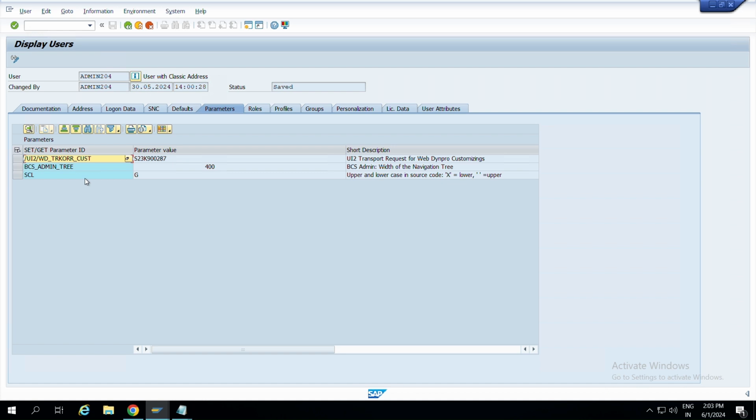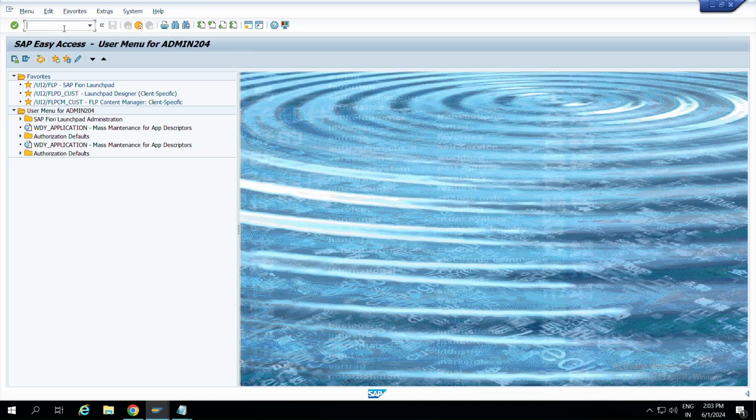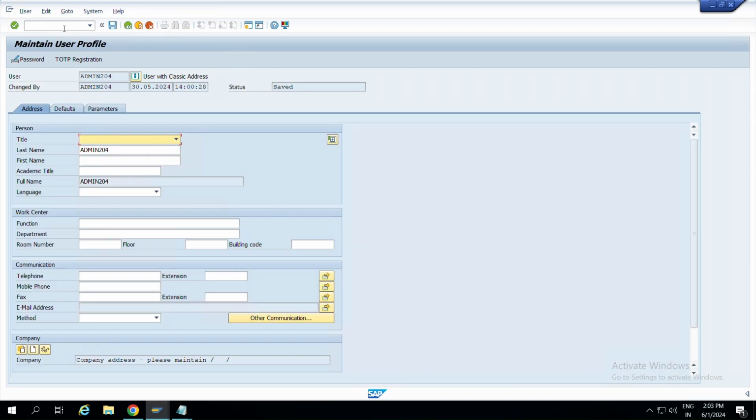In a similar way, whenever users are posting anything, or whenever any user is creating a purchase requisition or purchase orders, they can maintain their particular parameter ID. Users can only maintain their particular parameters ID using SU3.